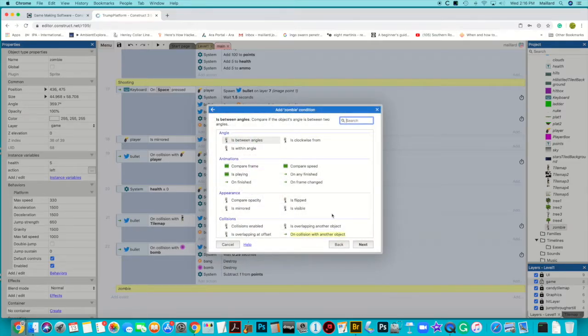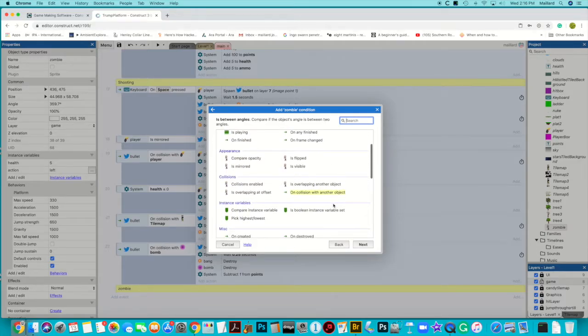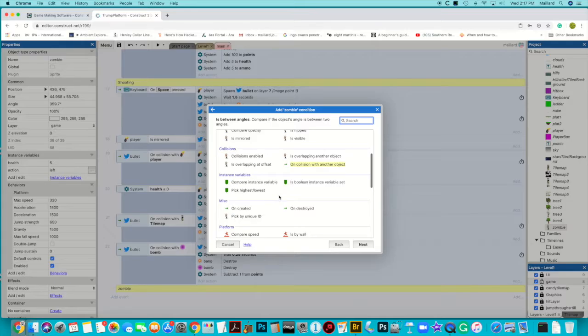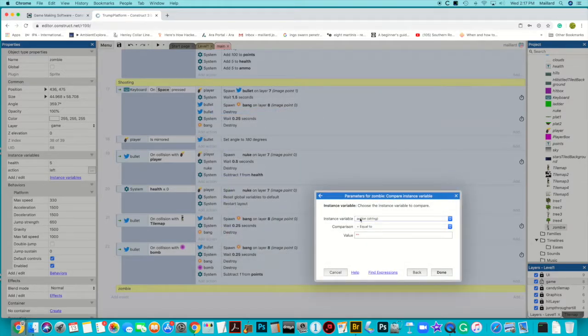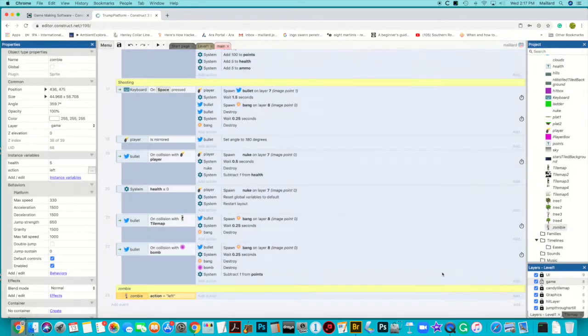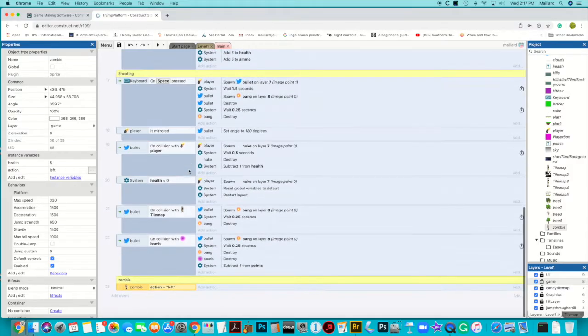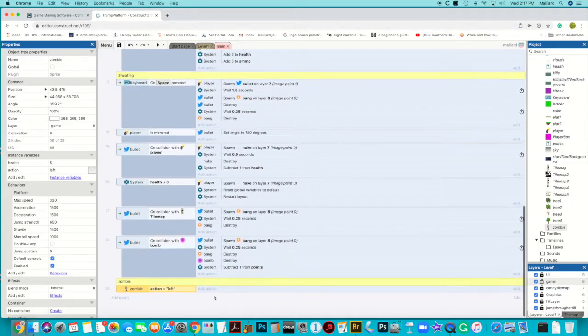And then what I'm going to say is compare instance variable action is equal to, and I'm going to type in the same word which I put over here, lowercase left. So when my zombie is facing left, I'm going to ask it to move left so I can simulate a platform action. So add action,